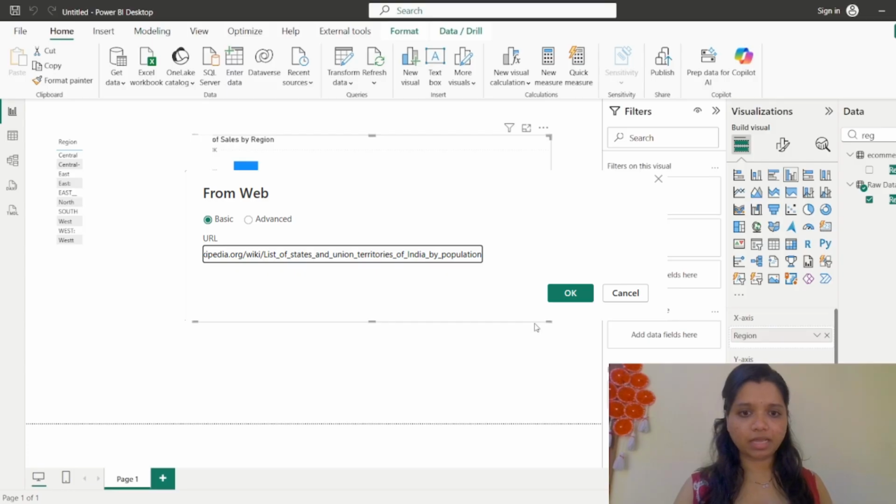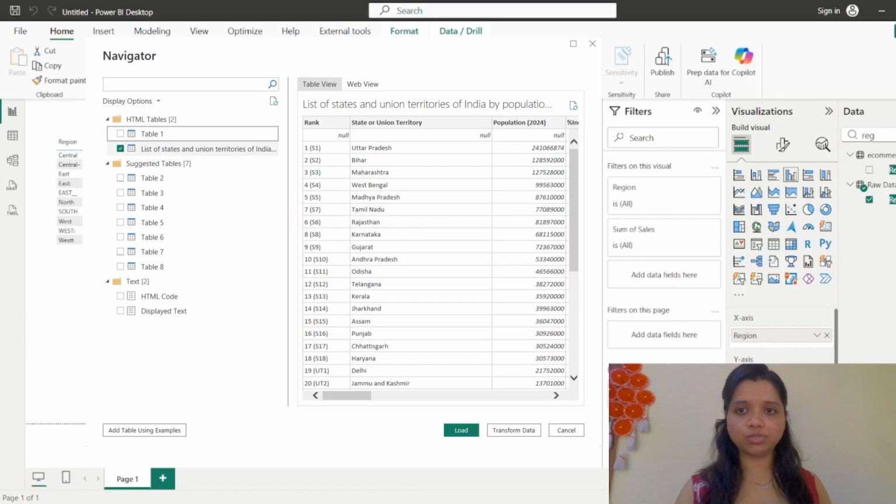So if again I click on OK, it's going to show me what are the different elements available within the same link. It can be some HTML text, it can be the data that we can use. So we can select each one of these options and see the preview on the right section. We can either look at it in a table view or web view.